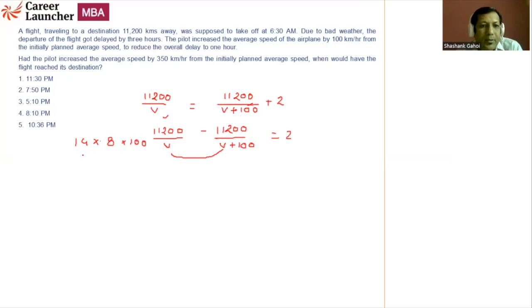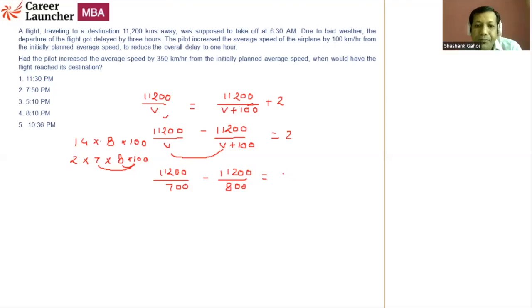Okay. So basically we have factors of this, that is 2 into 7 into 8. So let's take one thing. 700 and 800 are factors of 11,200. Now let's try putting these two values. So 11,200 upon 700 minus 11,200 upon 800, and we are checking whether this value actually comes out to be 2